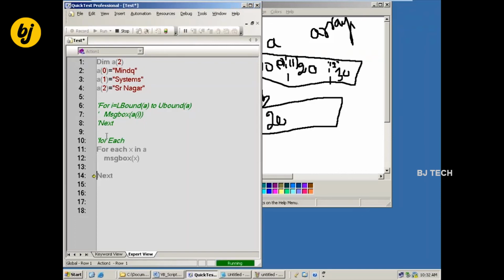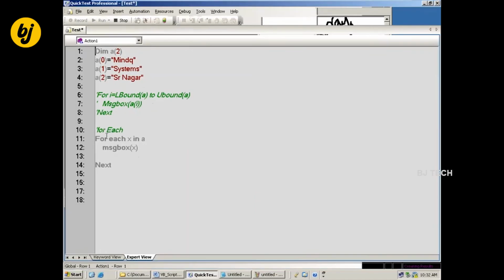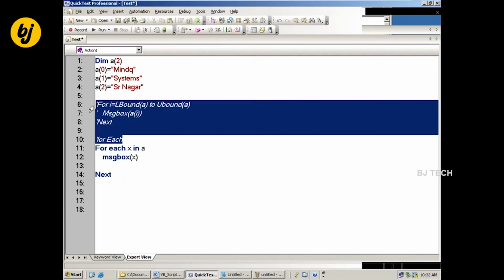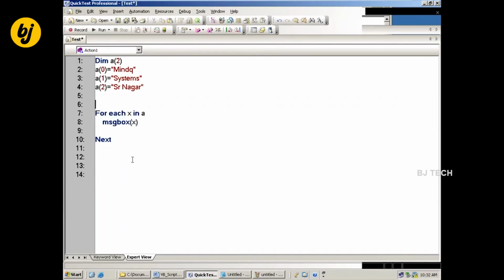MindQ, Systems, SR Nagar, like this. Okay. Now for each likes. If I go for MsgBox of A of 0, the output is MindQ I am going to get.